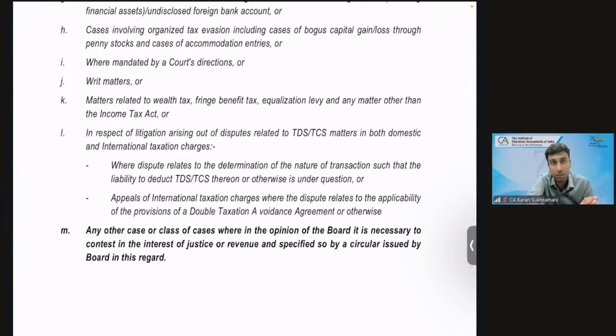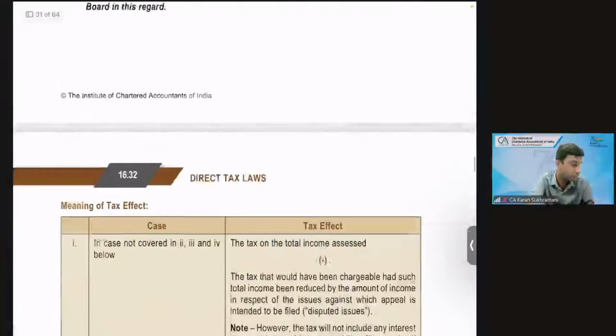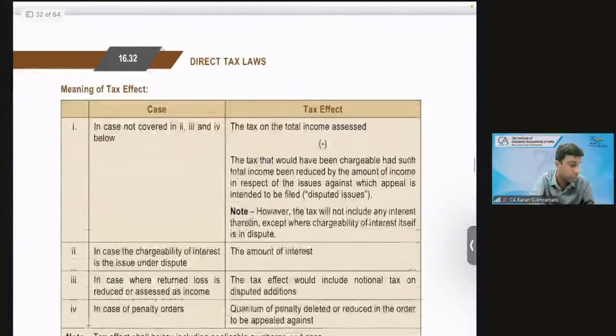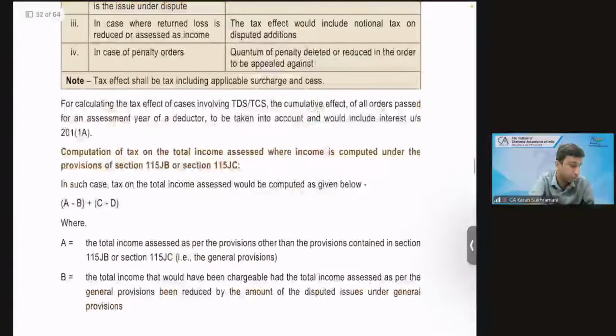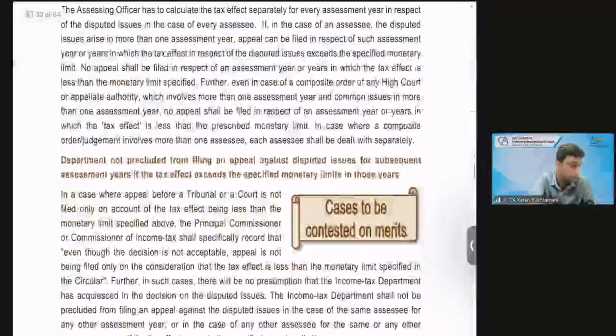So likewise, the list goes on, and in these circumstances, one will have to be cautious that the monetary limit is not applicable. The department can prefer an appeal before the higher forum. Then what is the meaning of tax effect, and all of it is already there. So without wasting much time,